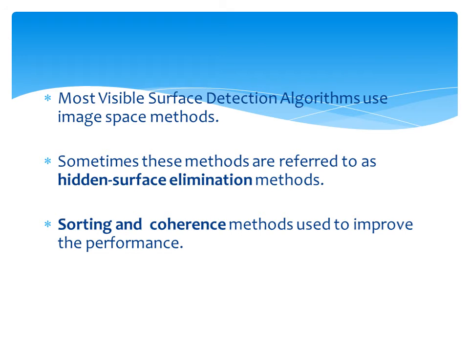Most of the visible surface detection methods use the image space method. Sometimes these methods are known as hidden surface elimination methods. That is, the invisible portion has to be eliminated but the visible portion has to be detected. So, hidden surface elimination and visible surface detection methods are the same. To improve the performance, we use sorting and coherence methods. Sorting facilitates depth comparison, ordering the surfaces according to their distance from the view plane. Coherence takes advantage of regularity.